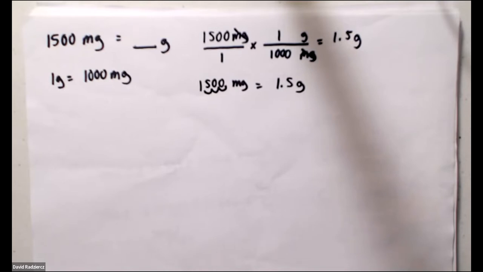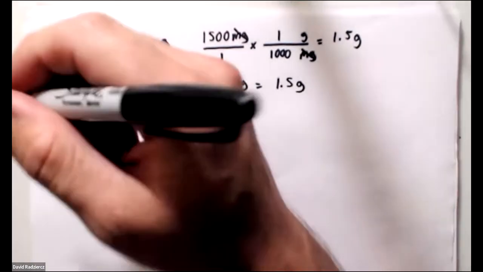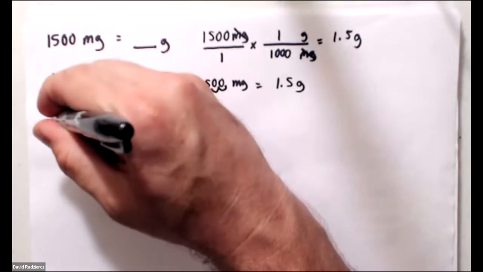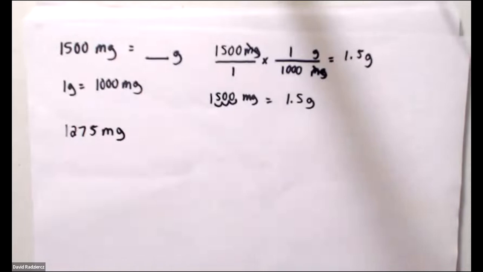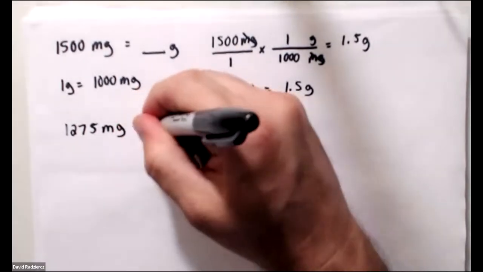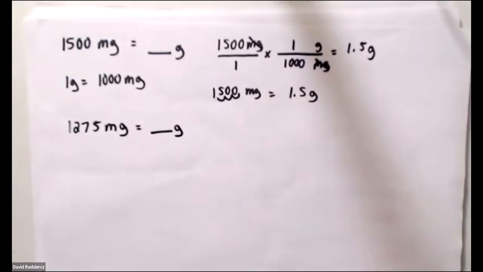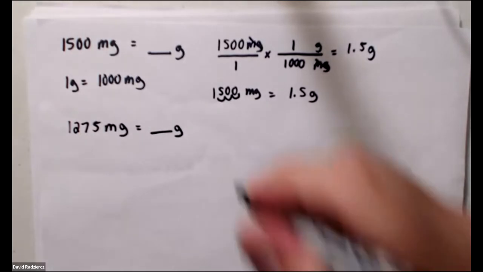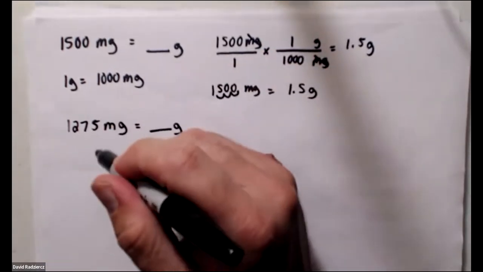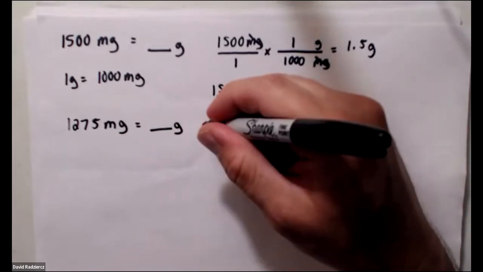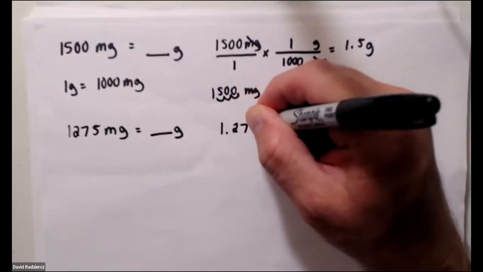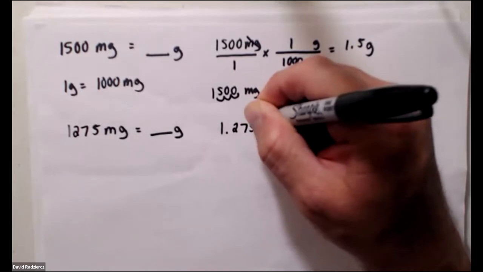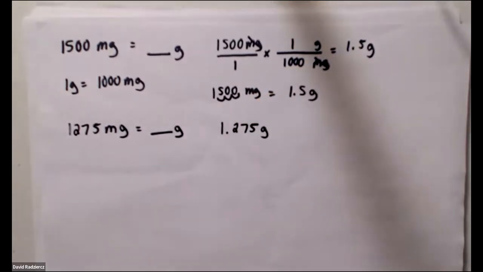You're welcome. Now, this is something that you're likely to see, and I want to show this to you as well. Let's say you had 1,275 milligrams, and we want to know how many grams that is. I'm going to move the decimal point over, and the answer for this is 1.275 grams. Do not round